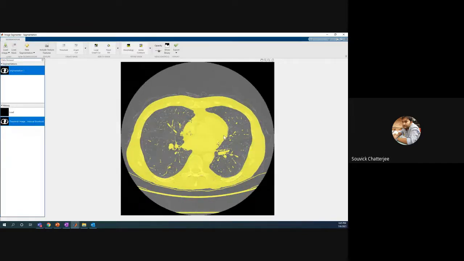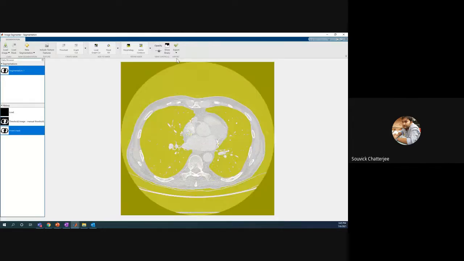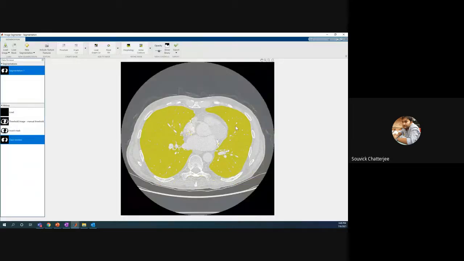Then a mask is created on top of this. There are now multiple ways you can refine this mask. How can you refine this mask? There are all different types of options here. If I go here, you can see there are a bunch of different things you can do. You can do morphology, you can invert the mask, so if I click on invert mask, this gets inverted. Then I can clear the borders maybe, so the borders are getting cleared.